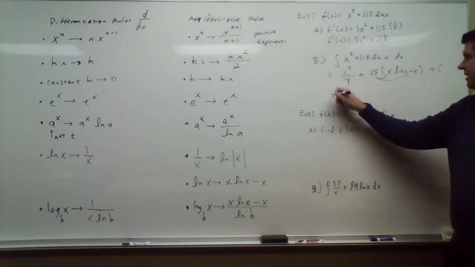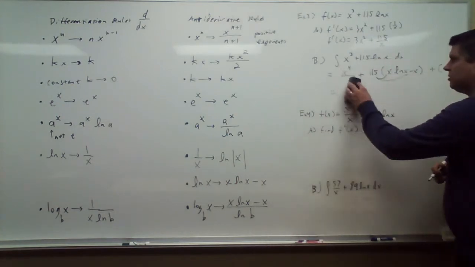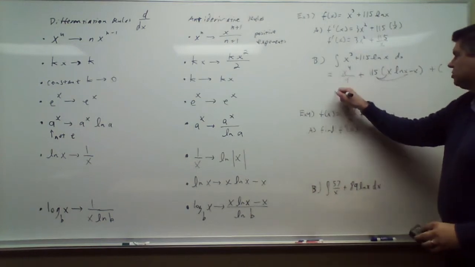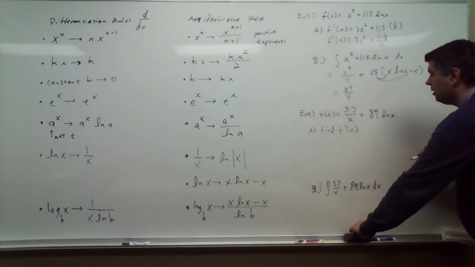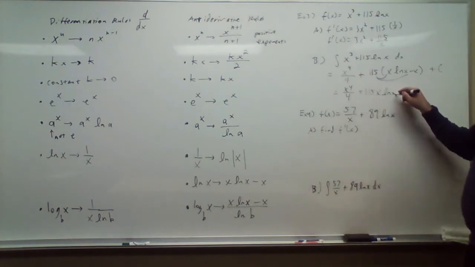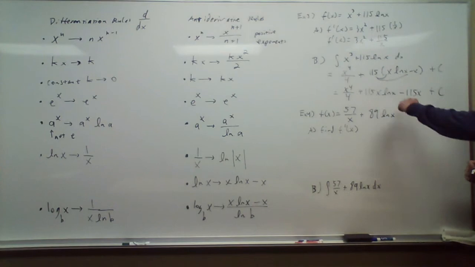So we will have x to the fourth over 4. We move that down a little bit, make that a little bit more legible. x to the fourth over 4. So this will give me x to the fourth over 4 plus 115x natural log of x minus 115x and then plus the c. Okay? All right. Now for this one,